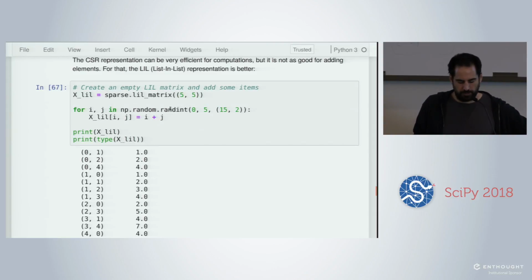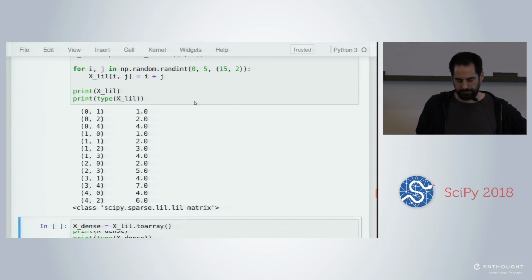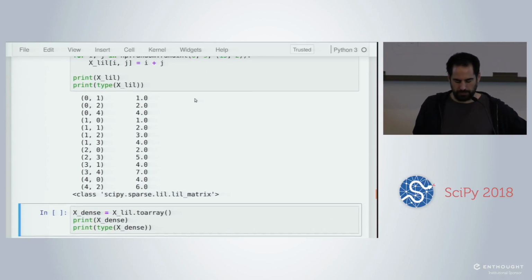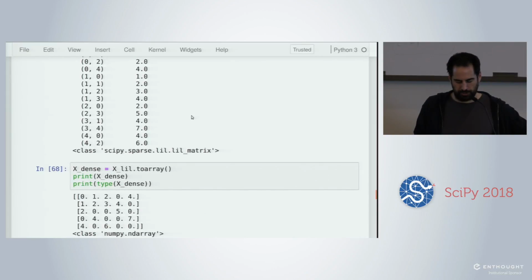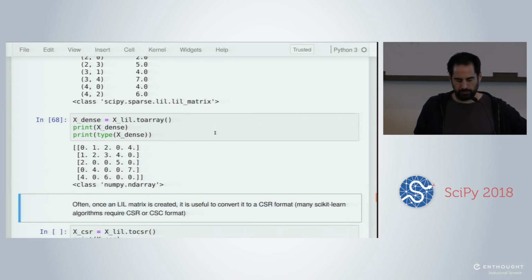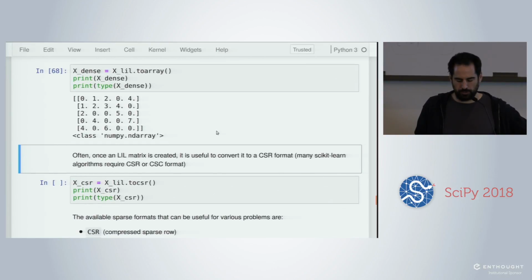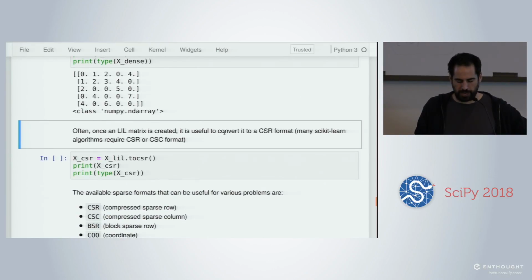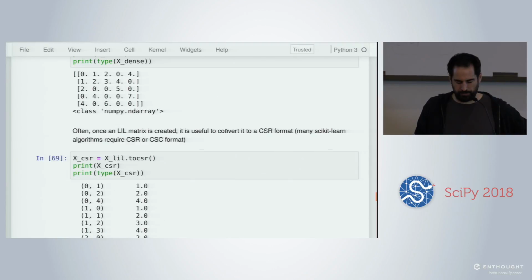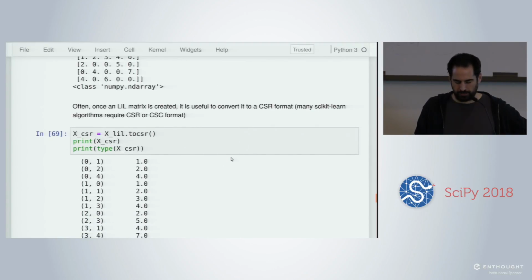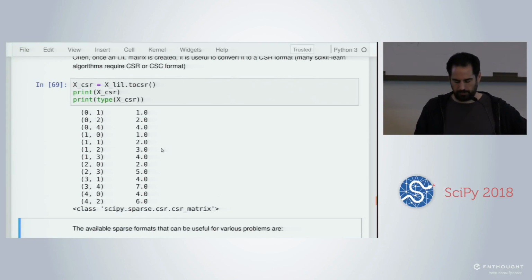So let's create a NumPy array with random values like we did previously. This time we have 10 rows and 5 columns with values between 0 and 1. What we can do is use this notation here to put zeros in place of the small values. So if the value in x is lower than 0.7, anywhere it's lower than 0.7, we will put a 0 in it. If I do that, you see that only the big values have been kept, and all the others are replaced by a 0 value.